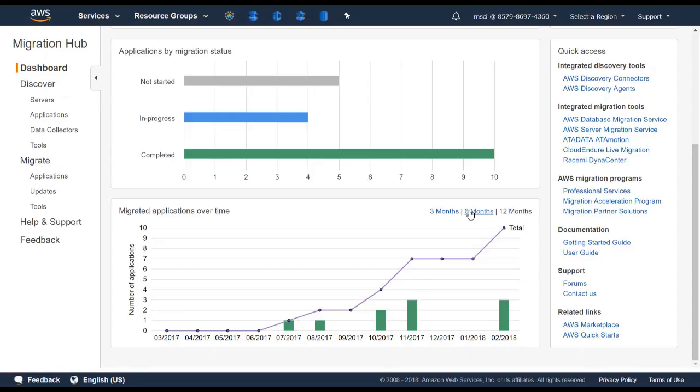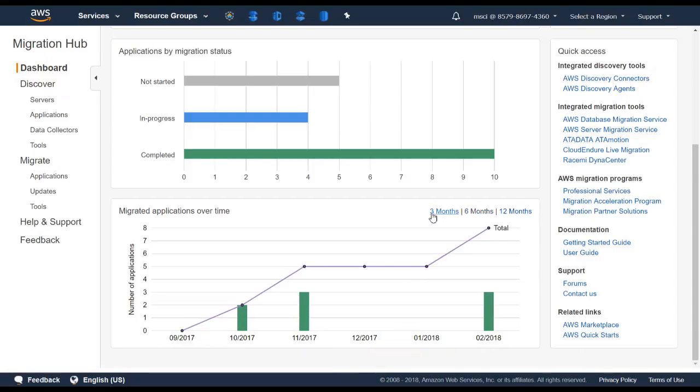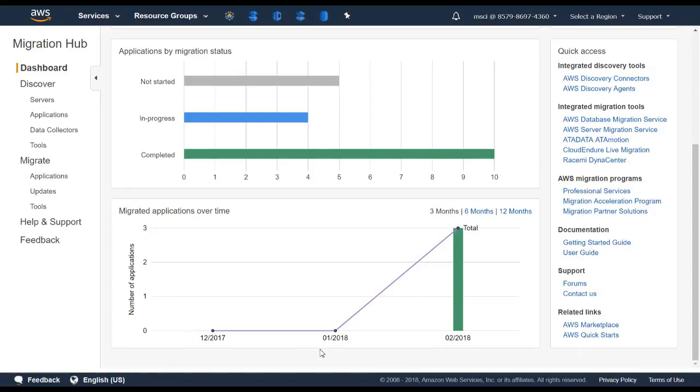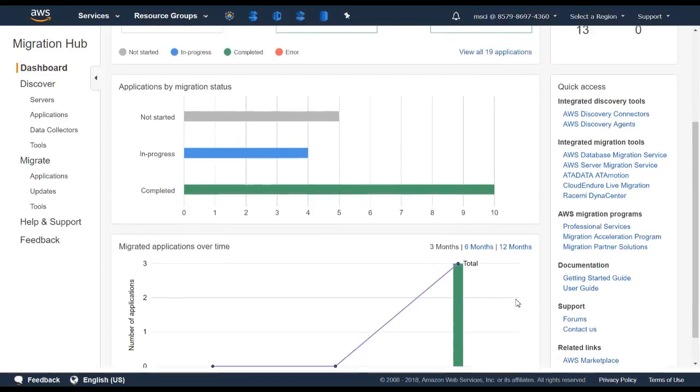Now I've got a 12-month time window. I can also zoom in and see the last 6 months or the last 3 and see that nothing was migrated in December and January. And so using the Migration Hub,